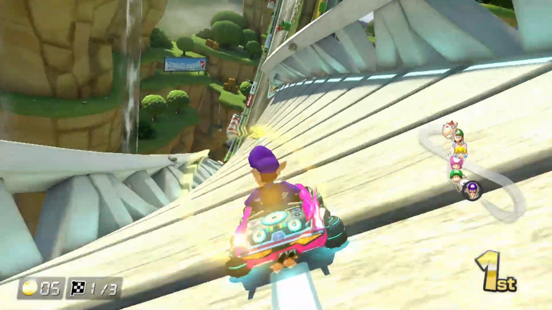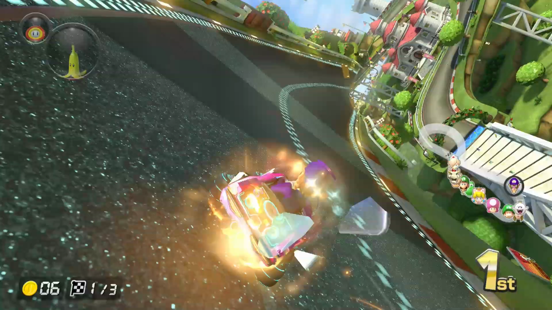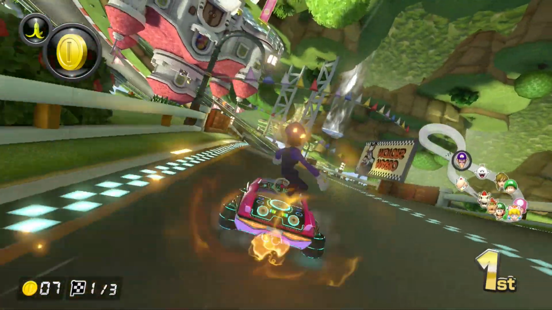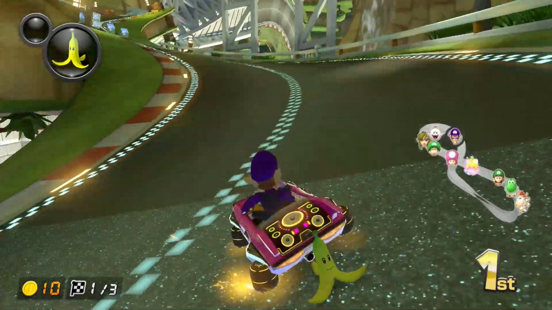It will be themed around Kamek, one of our new characters, and it's a giant lab, and you go in and out of it. It's in the sky, I believe, and it's just going to be a really crazy, frantic track, one of the hardest in the game. And Special Cup is,